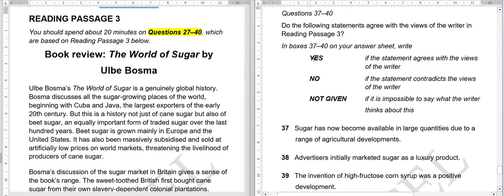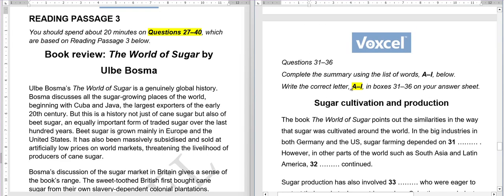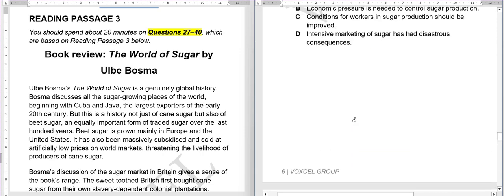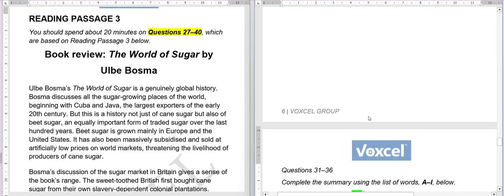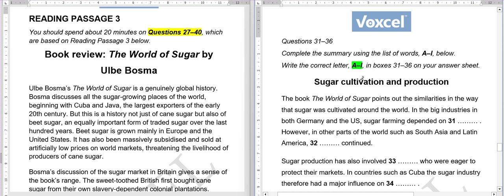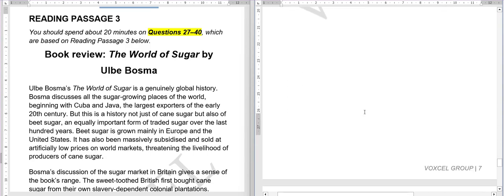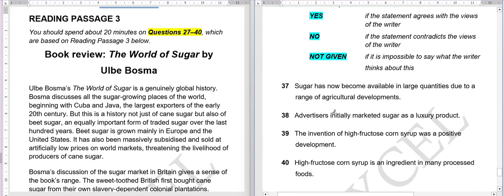So these questions are yes, no, not given. So now we should make a strategy for this. Let me change the color for this. Let me pick green. Now what we're gonna do is, for instance, we know the 27th question is in the first paragraph, so we don't have to worry about that. Now what we're gonna do is read the first option, first paragraph, or first information for this particular set of questions, and for this particular set as well, so that when we encounter such information, we will be able to find the answer quickly, so we do not have to read the paragraph again and again.